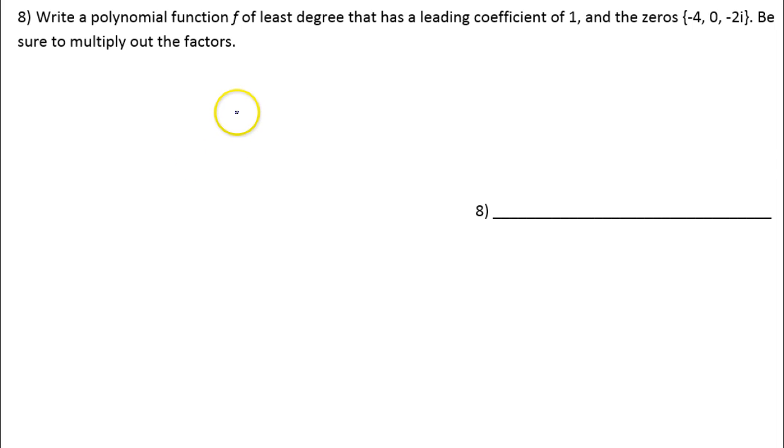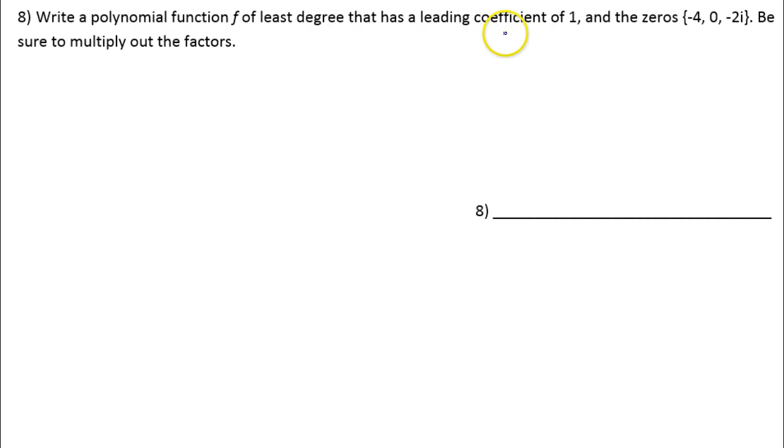In this video, we will write the polynomial that has these zeros. Now it says be sure to multiply out the factors. So we're going to have a polynomial in standard form, not factored form. There will be no parentheses. Now this other business at the beginning about least degree and leading coefficient of 1,